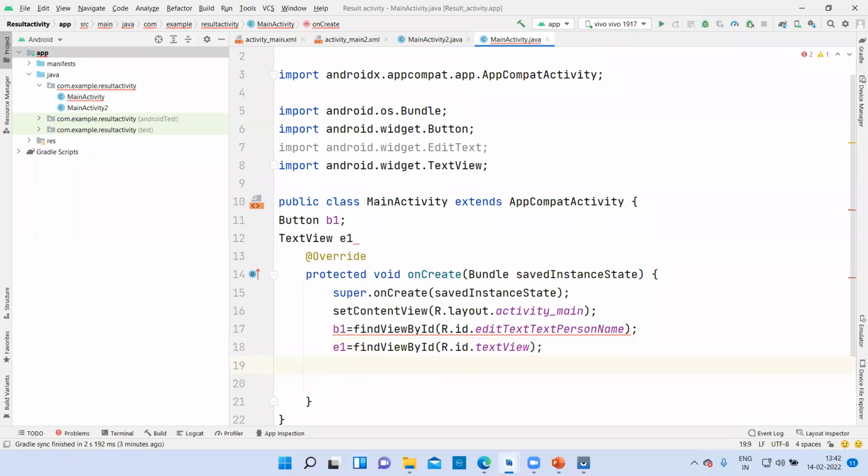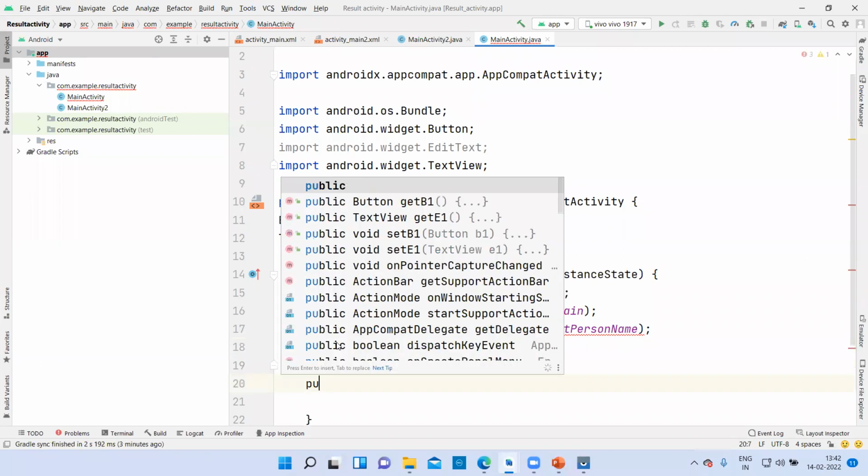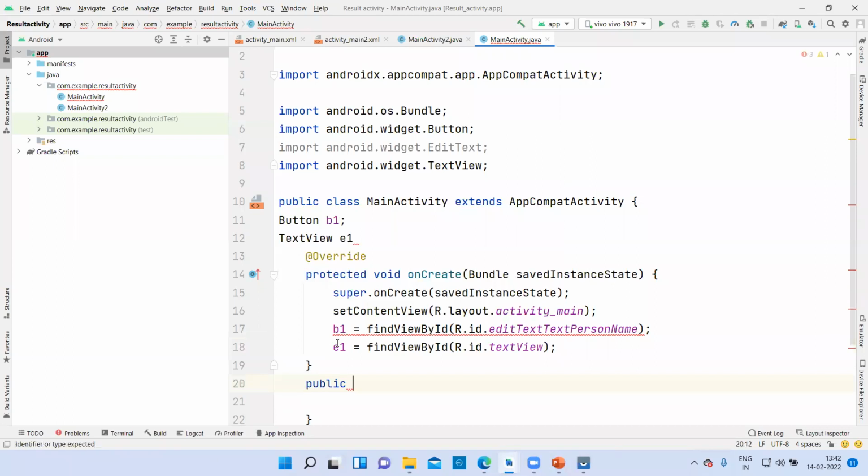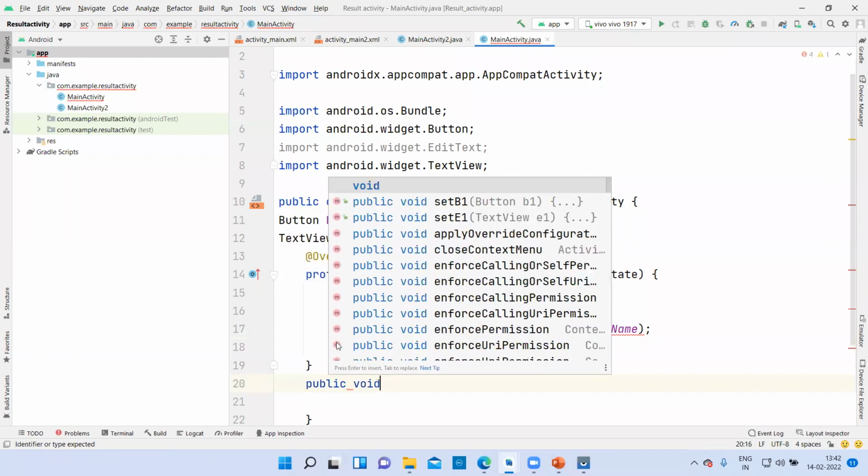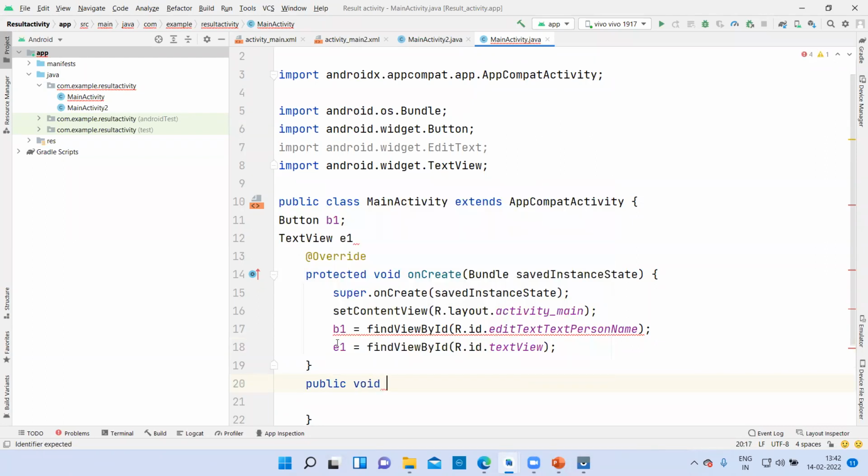Now we'll create the method, public void. We will close this brace here only. Public void, you have made the method button click. Pass the object of view inside, view v.